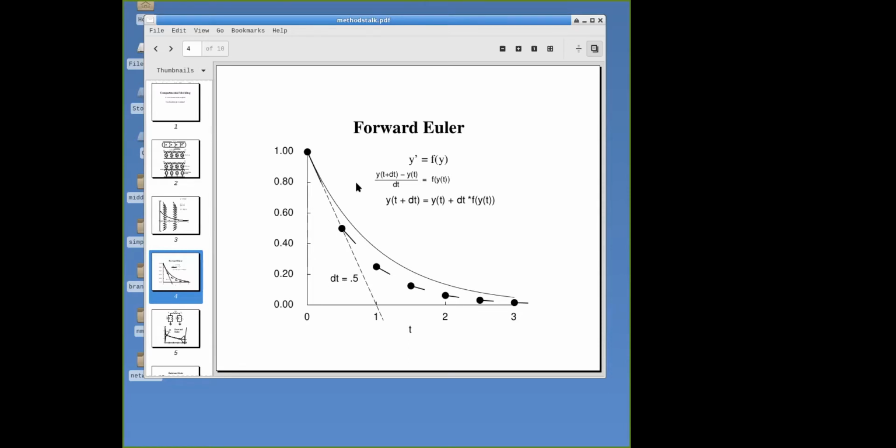So if we want to avoid the spurious oscillations, we have to take an advance over a time step no longer than our membrane time constant here for our simple model. Okay, and if we want to keep our simulation reasonably accurate, we have to take even shorter steps than that. Well, that's all well and good, except